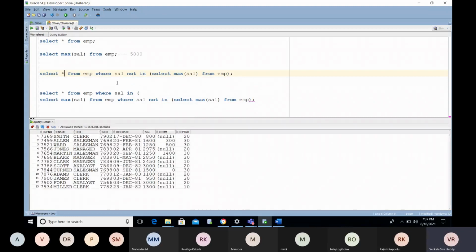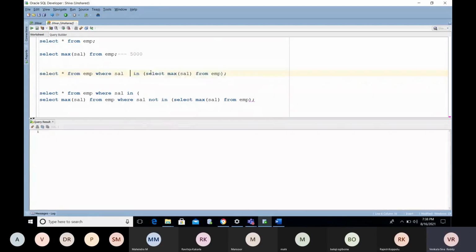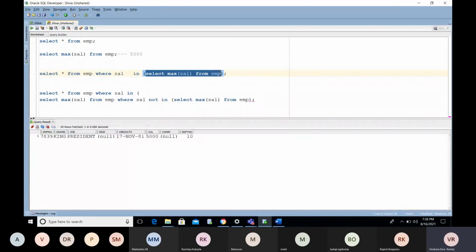If you want to find who is getting the maximum salary, first we need to find the maximum salary and use that salary in the where clause. Then you can get who is earning that money. So instead of these complex queries, Oracle introduced the analytical functions.